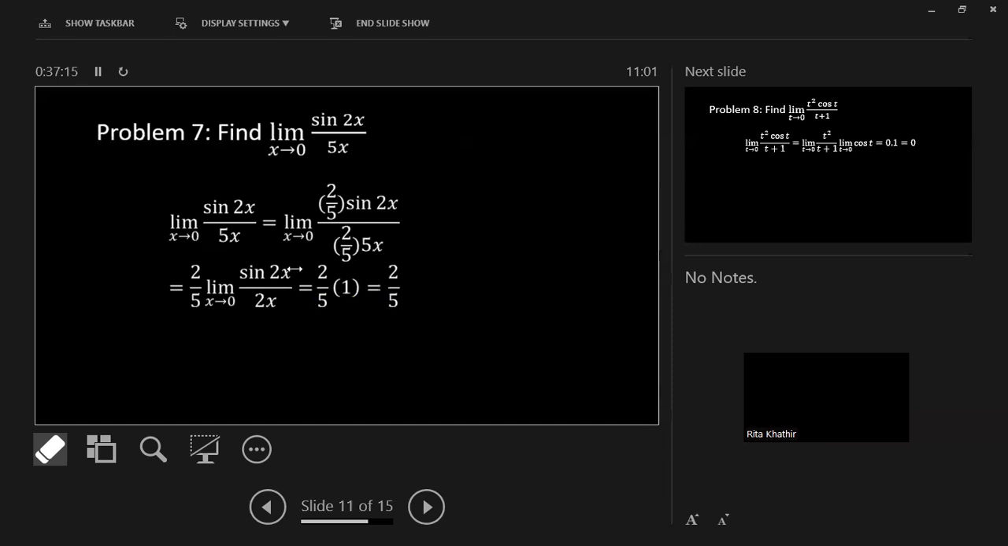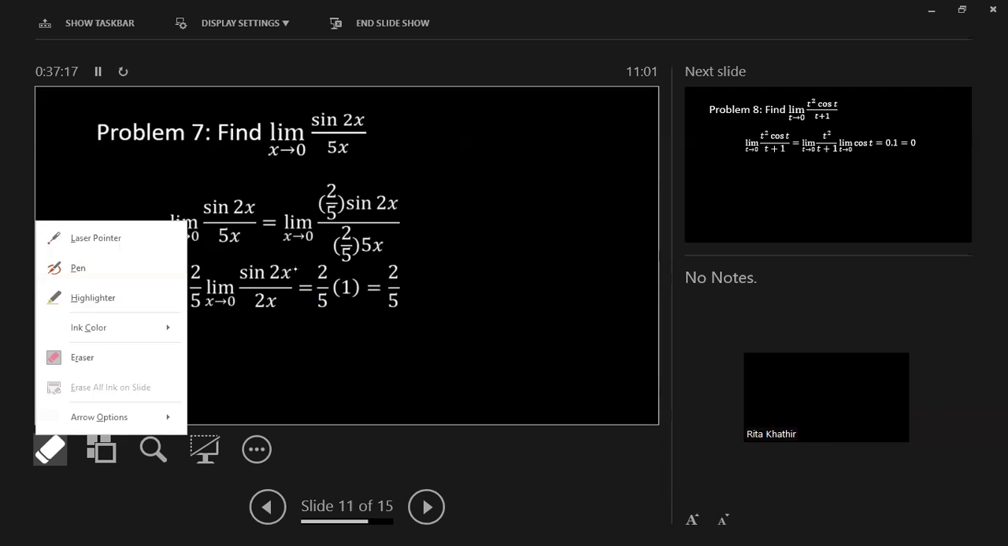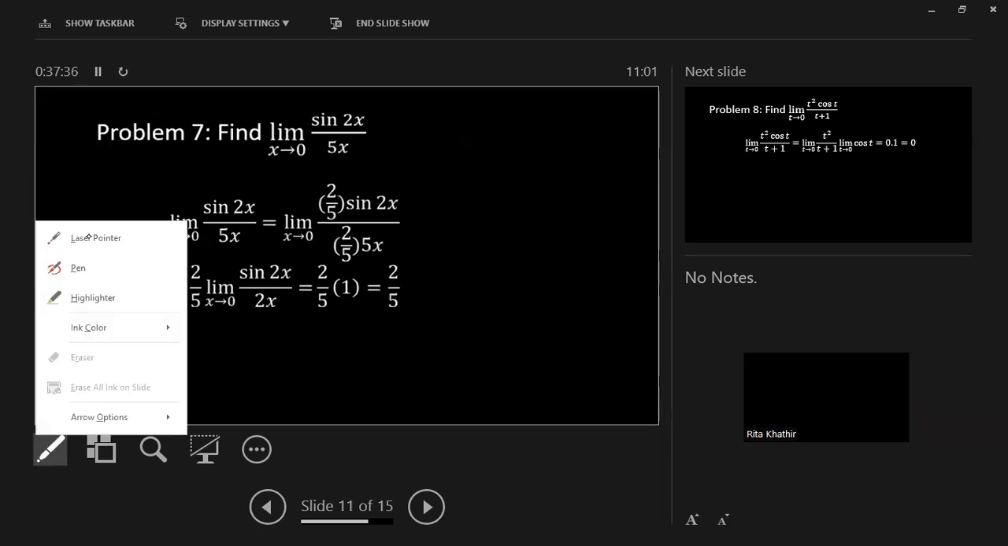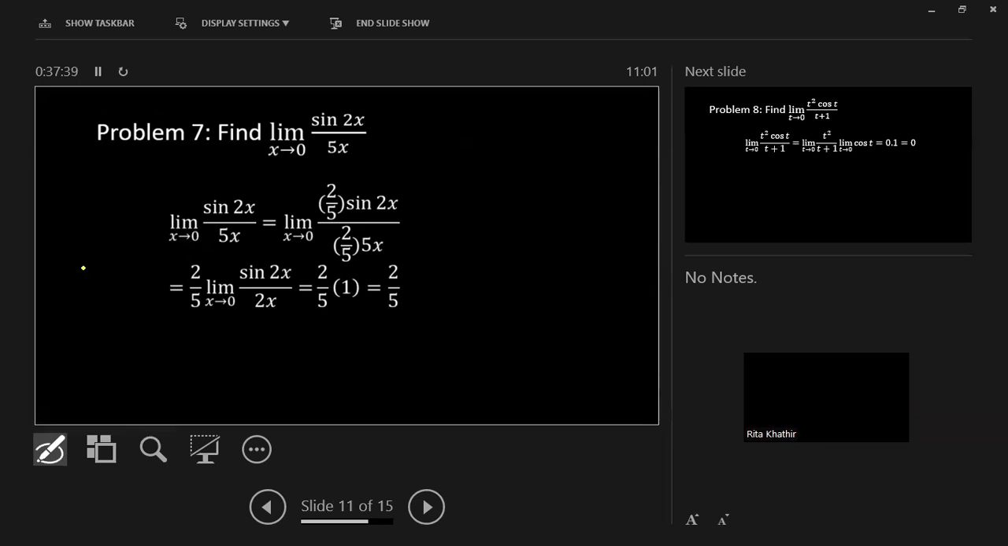Okay, let us continue. Problem 7. Find the limit as x approaches 0 of the function sine 2x divided by 5x. Before we do something,